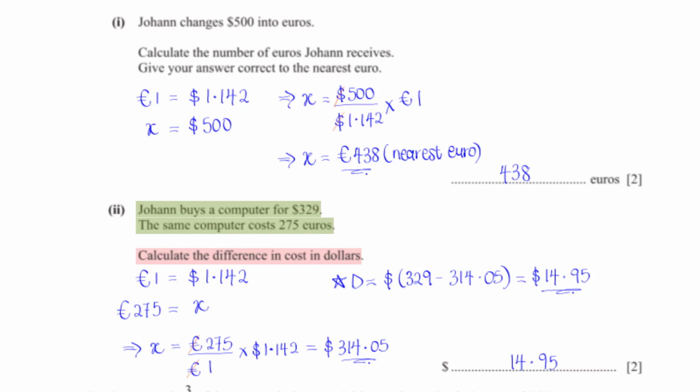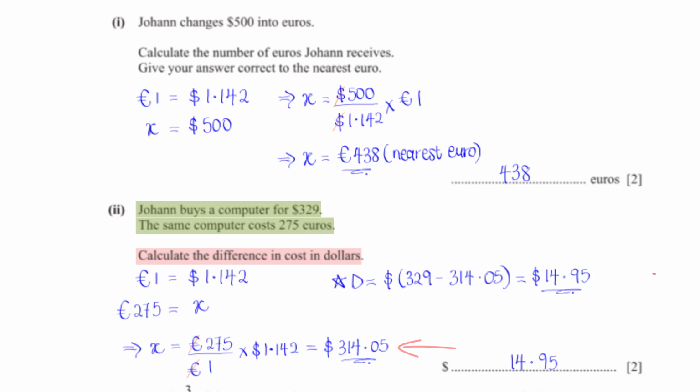So first off, we need to convert 275 euros into dollars. And to do this, we need to set up our conversion ratio. And this gives us the cost of the computer equals 275 euros divided by €1 times $1.142. And when we type this into the calculator, we get